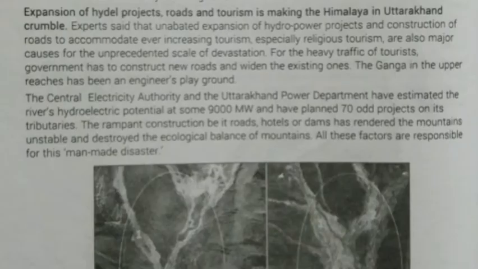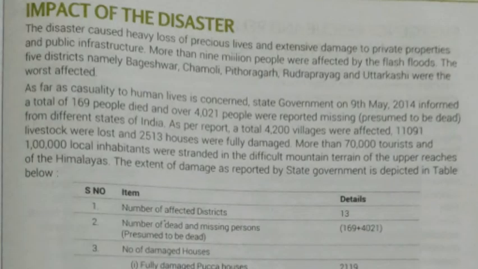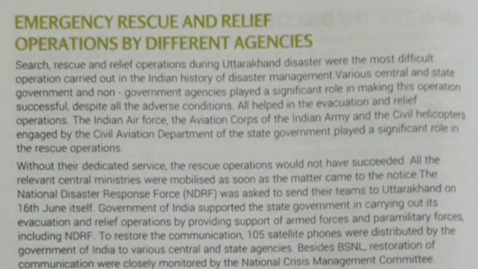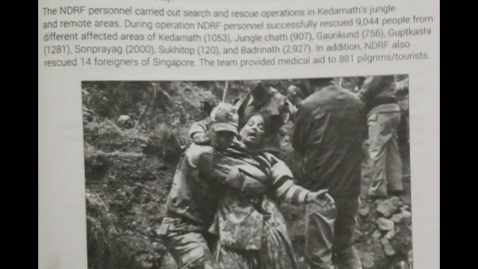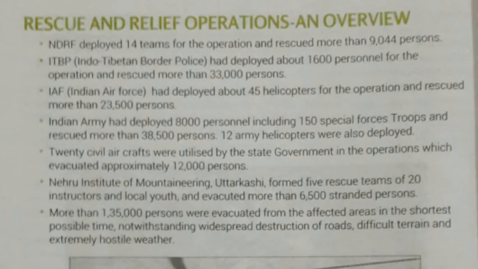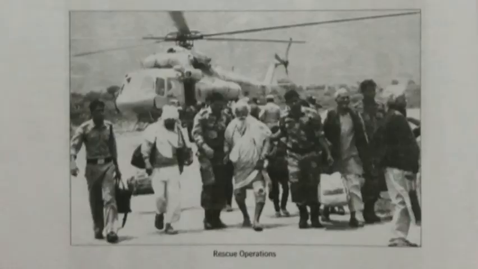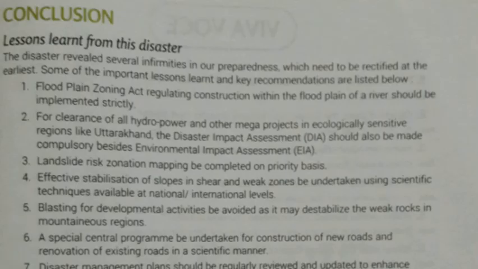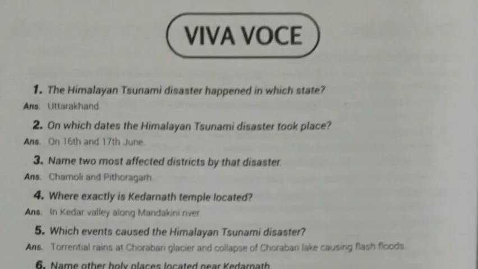clarity about the topic, how he researched with some data. The impact of the disaster on the number of lives and all is presented graphically, and what type of emergency and rescue was undertaken during that time was also wonderfully explained by the child in language along with the pictures, and the rescue and relief operations and their overview. At the end, the child concluded what he learned while making the project. In this way he concluded. Along with that, he ended with 10 to 15 viva questions, which make the topic clear.